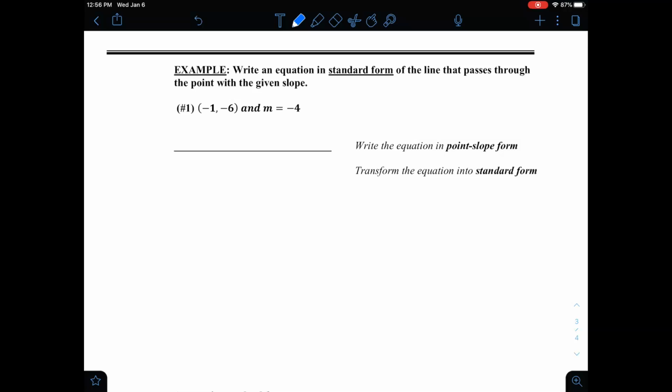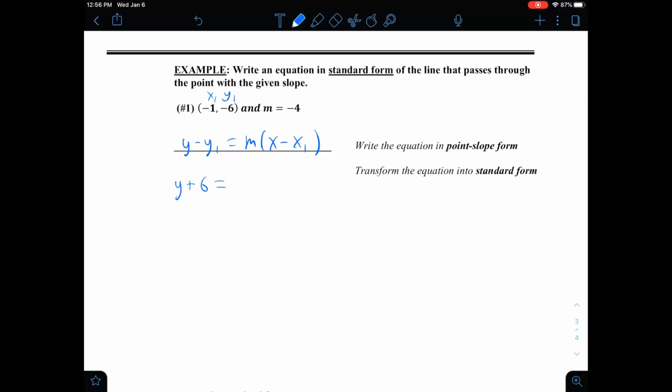So point slope form is y minus y1 equals m times x minus x1. Okay? So basically we're going to plug in, this is our x1, y1. We're going to do this problem 2 ways. So just be aware we're going to do it 2 ways. And we're going to do it the way it says on the sheet here. We're going to do it the other way too. Okay? So we have y minus y1. Well, the y value is negative 6. So minus negative 6 is plus 6 equals,